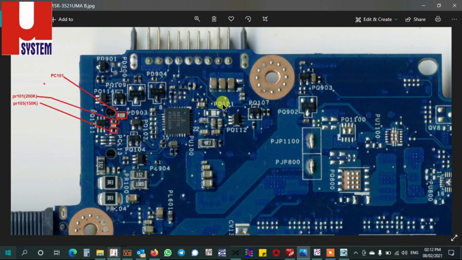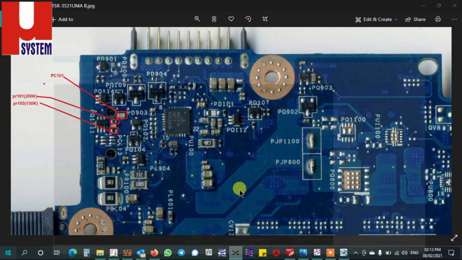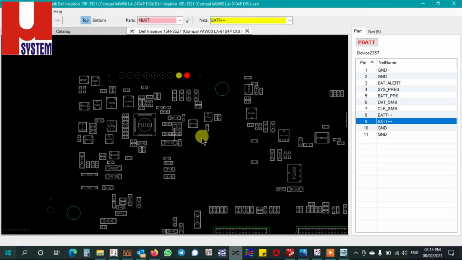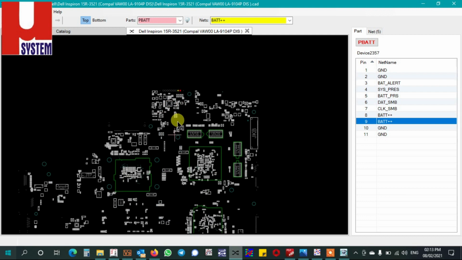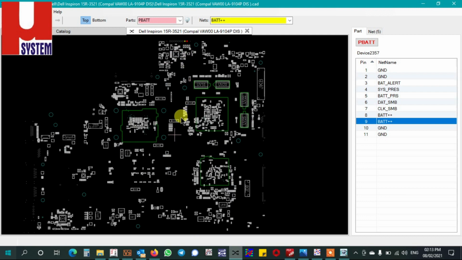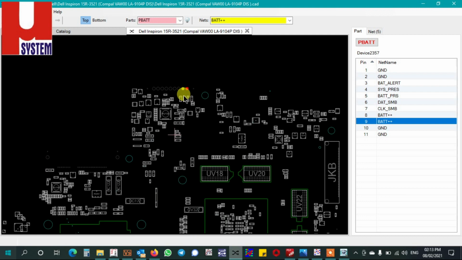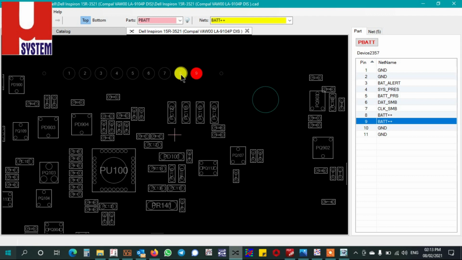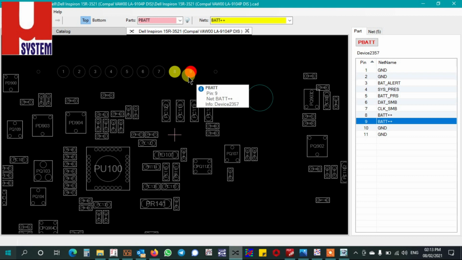As we are going to check, we are getting 3 PF. These 3 PF are basically connected with the MOSFET, with the charging circuit. As you can see, this is my board view. It looks the same as my physical motherboard also. So when I check it with this, it is pin number 8 and 9. This is the back side of the motherboard. And when we check it over here, we are getting battery plus.